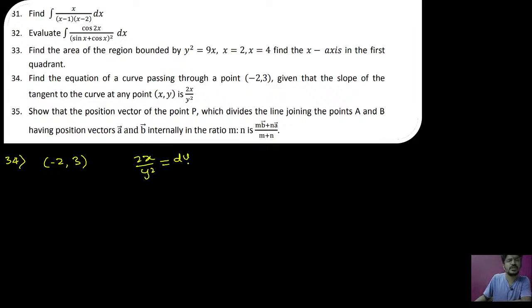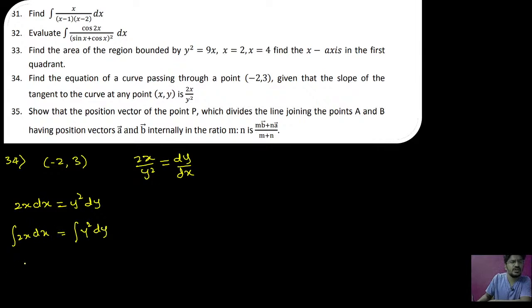Slope of tangent means dy by dx. So here we have to find the curve, and it is a problem on differential equations. I think all of you know the variable separable method, so very easily you can simplify it. So it will be 2x dx equals y square dy. Take variable separable method, integration on both sides,